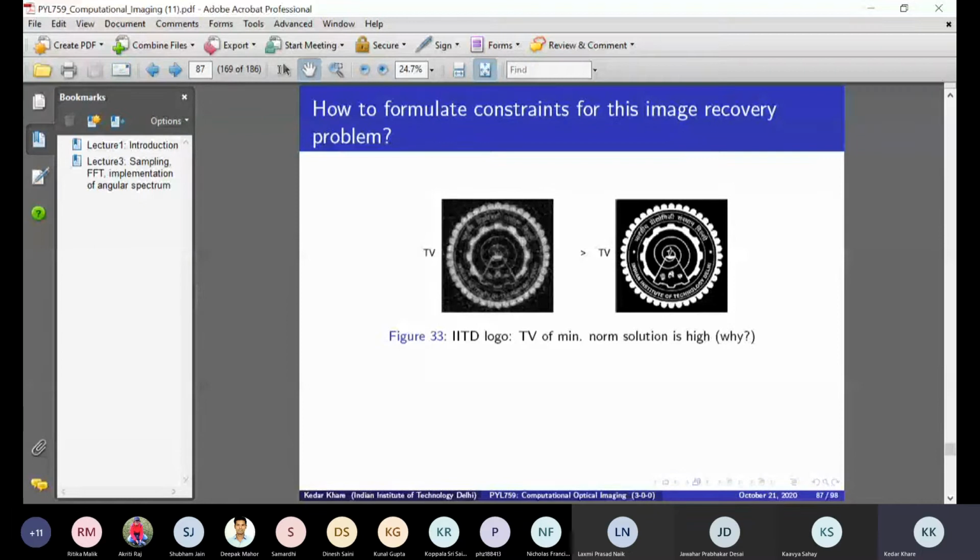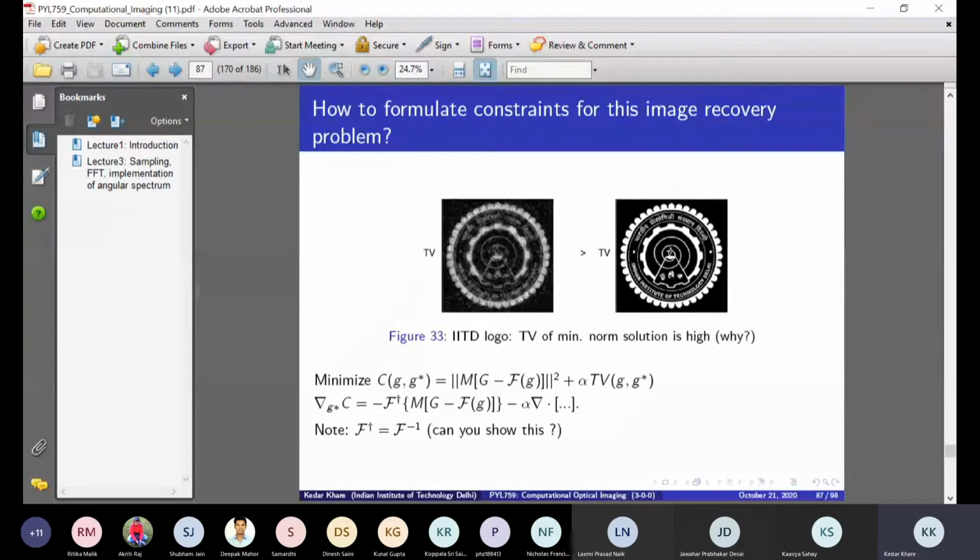As a result, you can see that I can apply my usual trick of applying total variation as a penalty. So here, let us again formulate the problem as cost function minimization, where I have data available on this matrix M, which is a mask function. This M matrix is only a binary function.